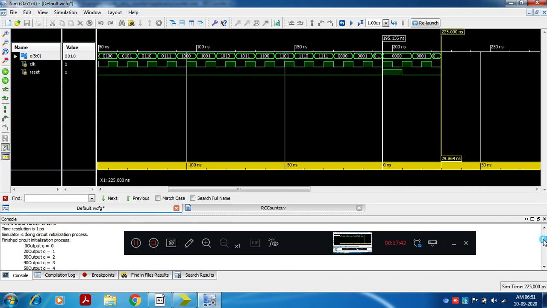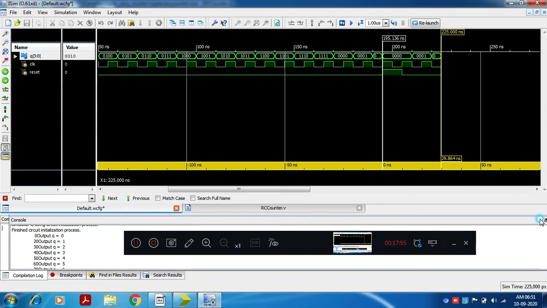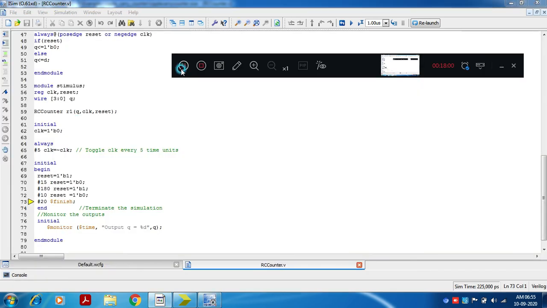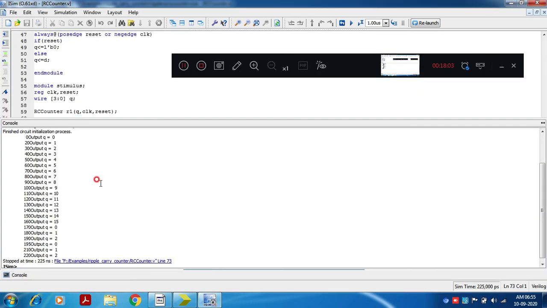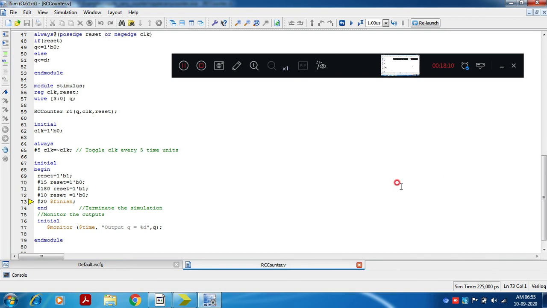One more observation, here you can check, at time 0 output Q value was 0. This window I will slightly enlarge. You can also observe we have written the monitor statement, dollar monitor, dollar time, output Q, percentage D, Q. That Q value we are trying to display.